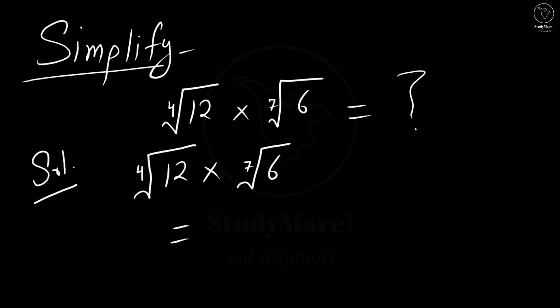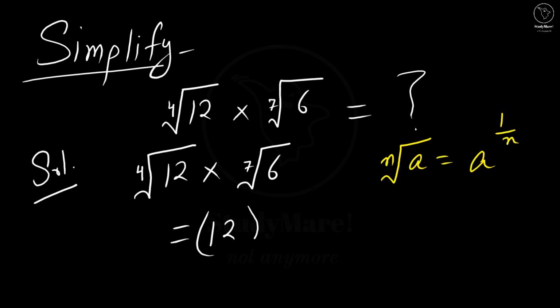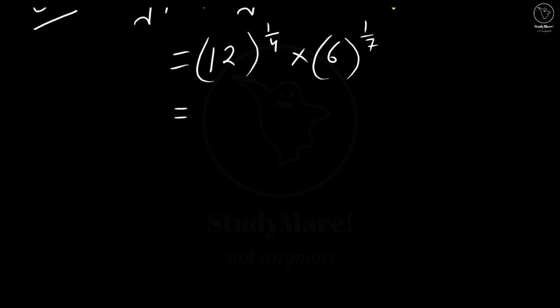This is equal to, we have an identity that we can use to solve this problem. Nth root of a is equal to a to the power 1 by n. Using this identity, we get 12 to the power 1 by 4 into 6 to the power 1 by 7. If we find the factors of 12, it is